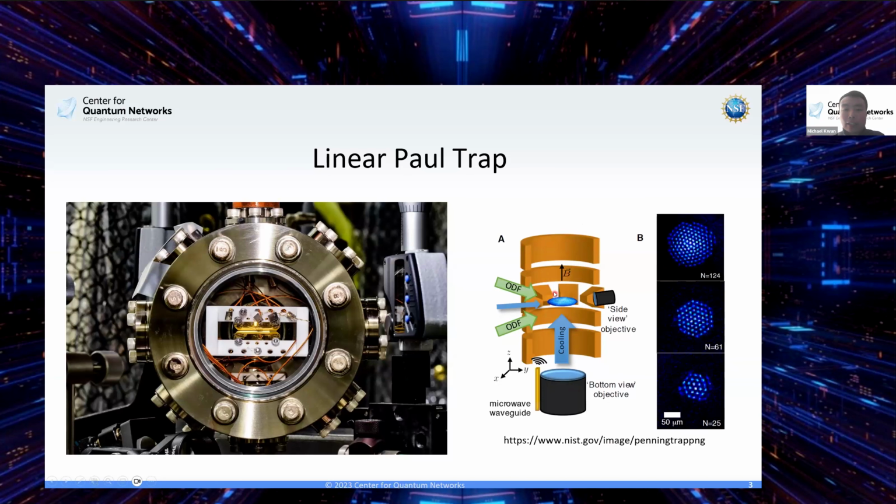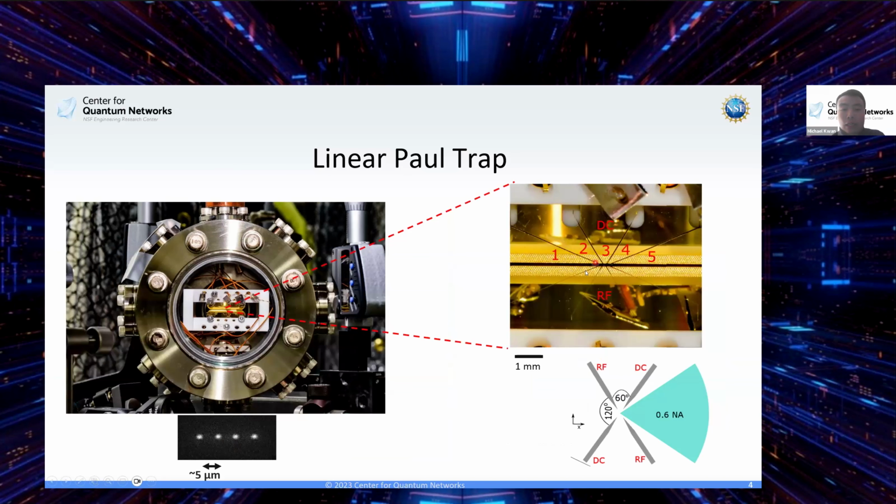Paul traps, on the other hand, confine the ions in potential wells using a combination of DC static electrodes and AC electrodes, whose electric field contributions vary at radial frequencies, typically tens of megahertz. And so I'll refer to these electrodes as RF electrodes. For the remainder of the trapped ion discussion, I'm going to focus on Paul traps since they're more widely used